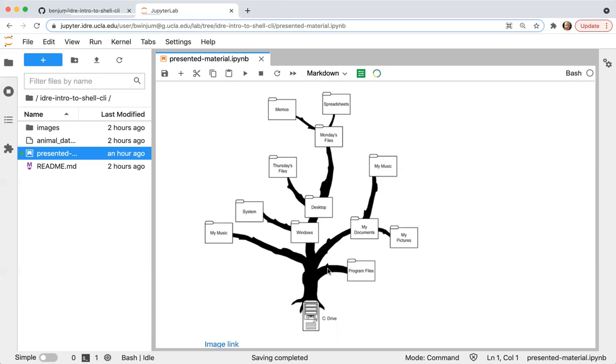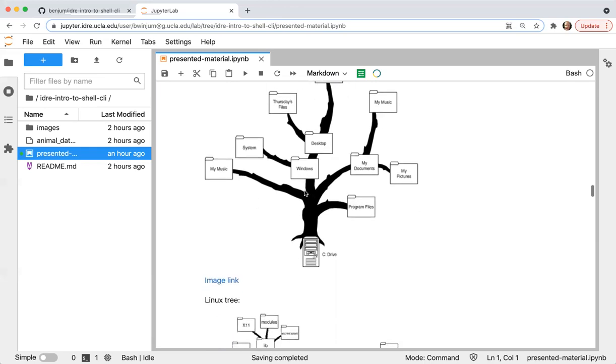And then the various branches coming off of here are like the different folders that you have. For any given folder, you can have folders within that folder. So you can have branches coming off of the main branches. You can have folders within folders, and then you can have files inside of each of these folders, like little leaves coming off of the tree.